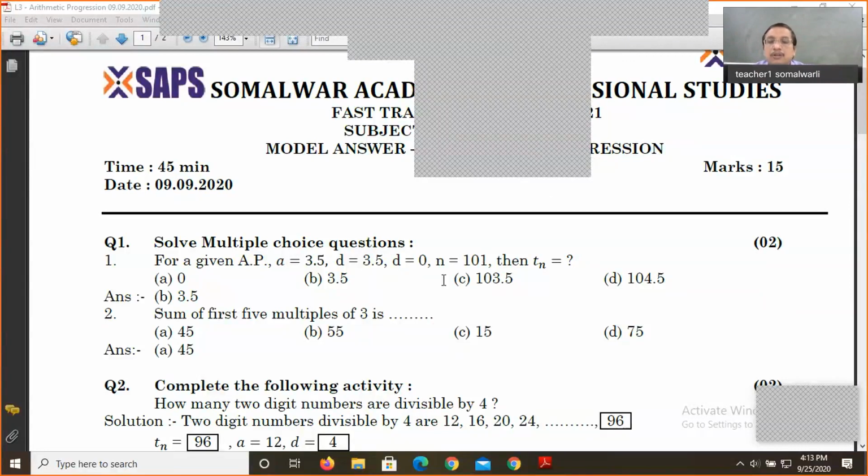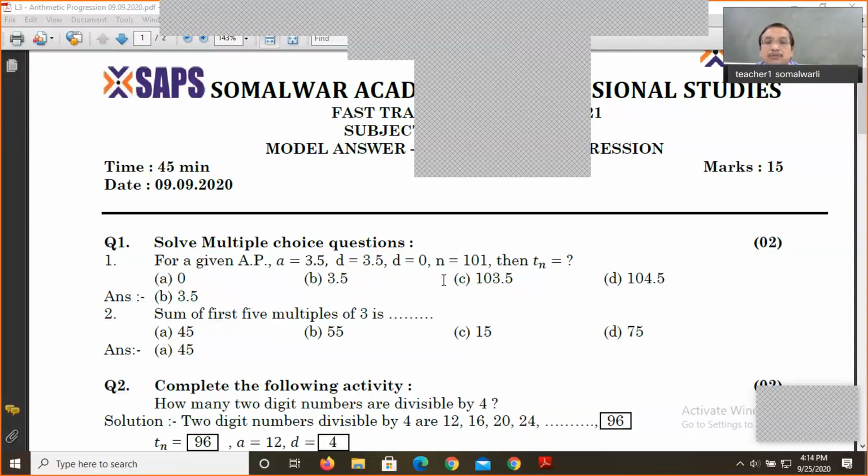So if I go to the question paper, I'm not going to discuss the topic or whatever difficulty you are facing in the topic. Here I am going to discuss only the model answers. What is the question and what is the probable answer and how we can find the answers. So better to stick to the model answer only, and related concepts. I will not go deep into the concept, but I will discuss a little bit about that concept. Okay, so let's start.